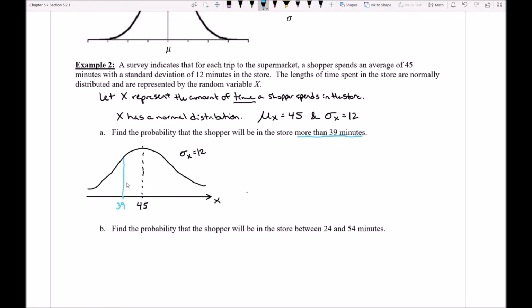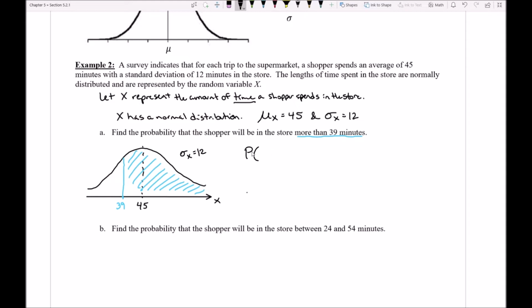So, if I want to find the probability that I'm more than 39 minutes, well, that would mean that I would be interested in trying to shade above 39. Now, back with the empirical rule, this would have been a very difficult question to answer because the empirical rule didn't allow us to go anything but whole numbers of standard deviations away from our average, and 39 is certainly not 12 units less than 45. However, with this new calculator command, we can actually calculate the area of that blue space, which corresponds to that